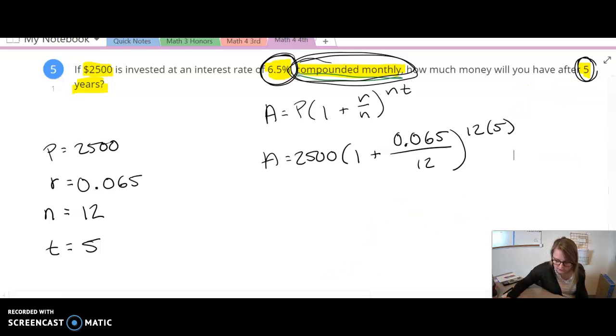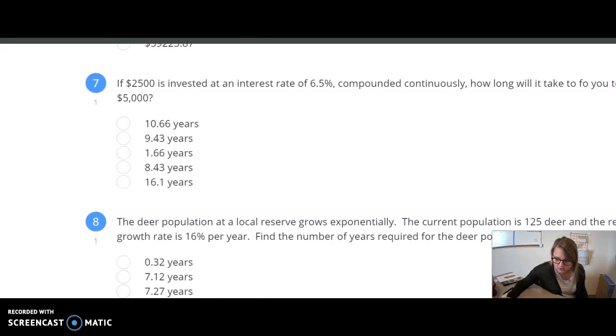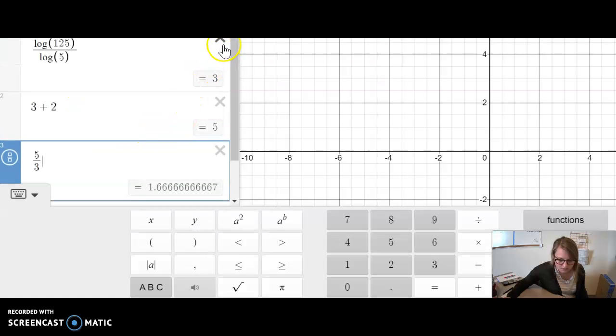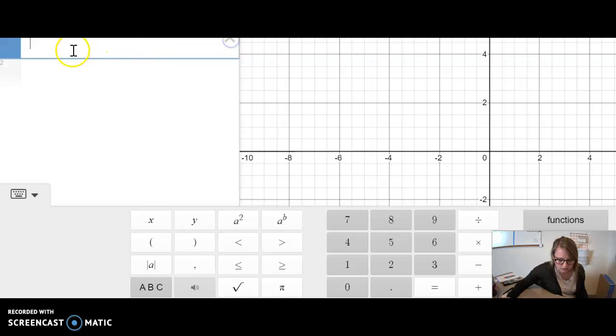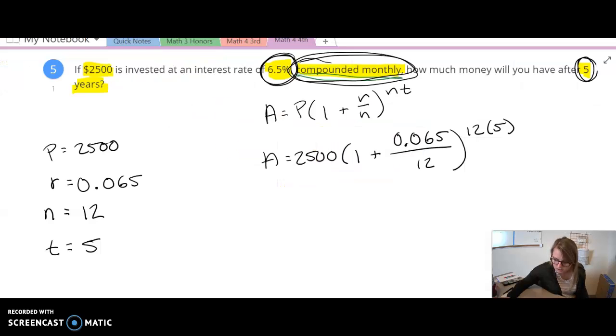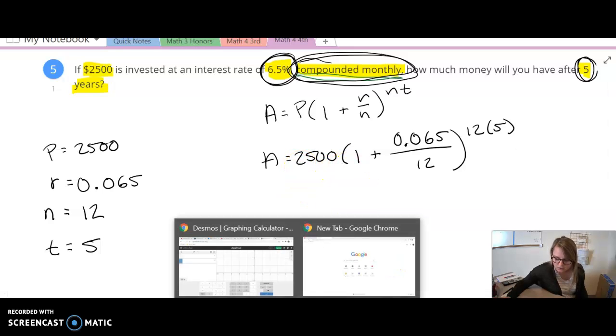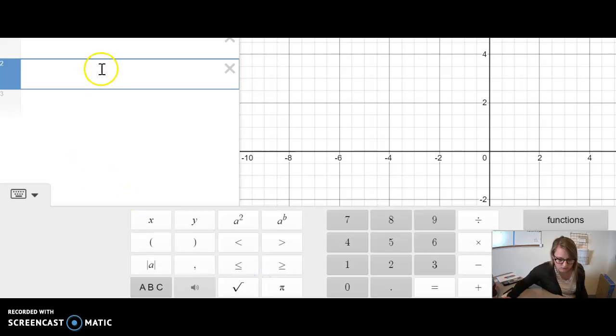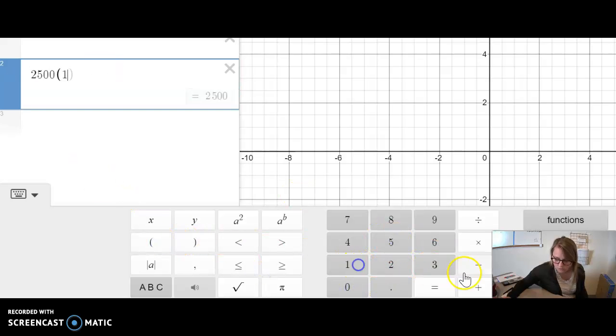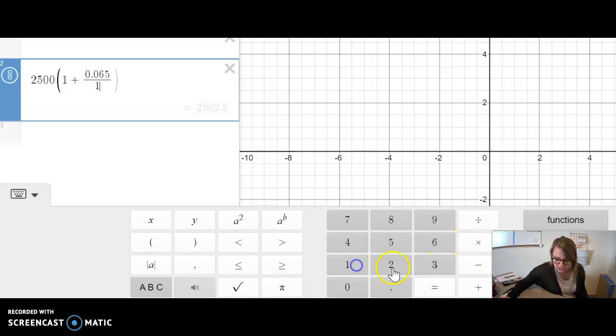So I'm going to go into Desmos and do this line. Our equation is 2,500, parenthesis, 1 plus my rate over N,